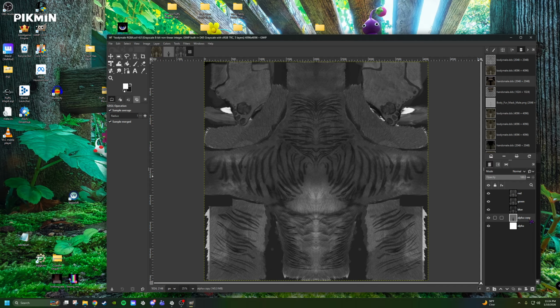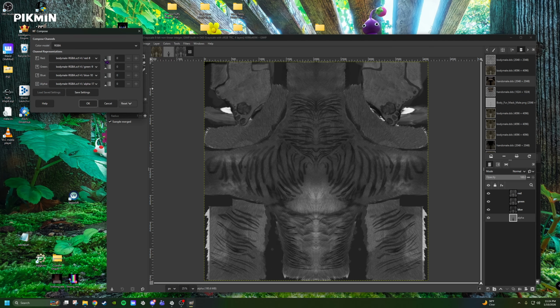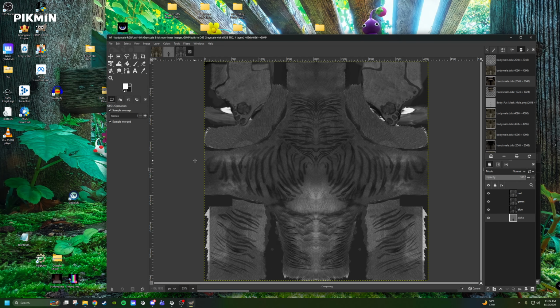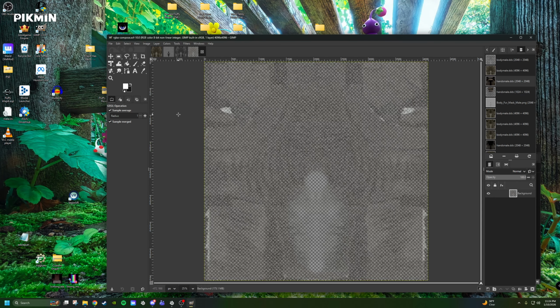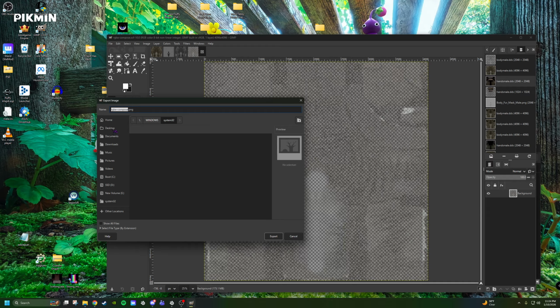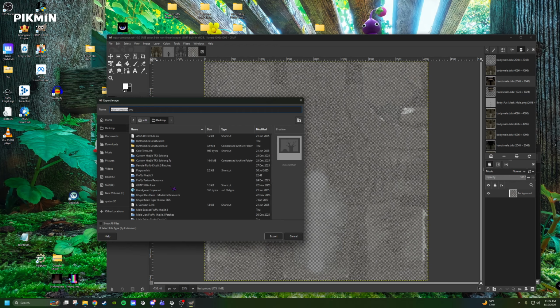You're going to make sure that's selected. You're going to go down to the bottom and find Merge Layers. Now that is our alpha. So now you're going to go to Colors, Components, Compose, Color Model RGBA, hit OK. And that's set. So now you're going to go to File, Export As, then find your texture that you're making